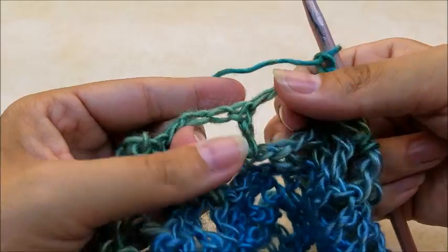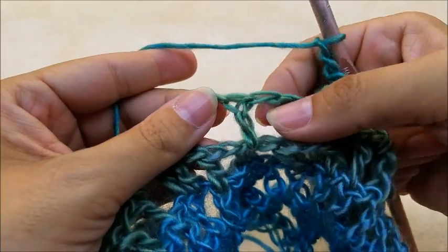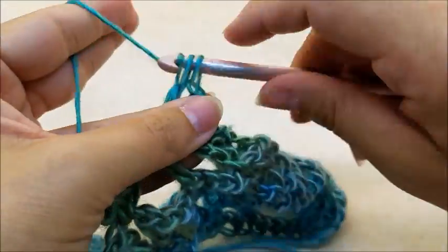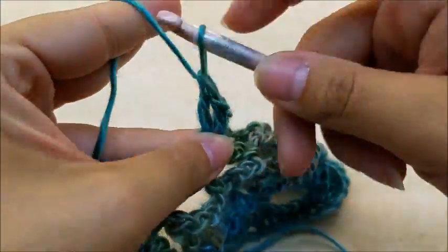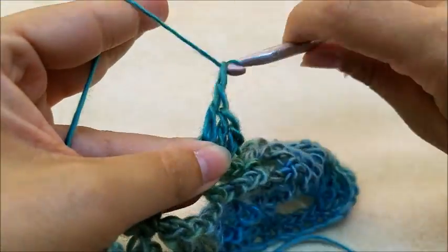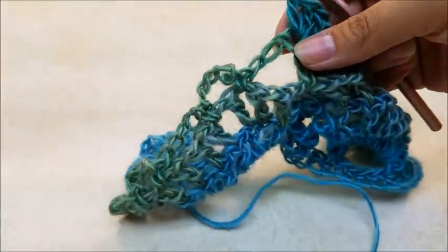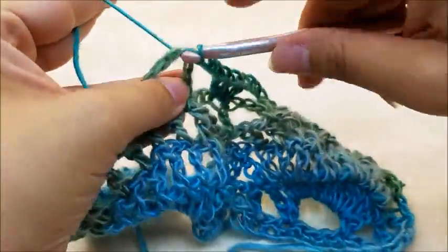and now we're going to start our repeat again. We're going to put 3 double crochets into this double crochet right here. 3 double crochets. Just 1, 2, 3, and then we chain 3 again. 1, 2, 3. Skip this space here, single crochet into our next chain 5 space,